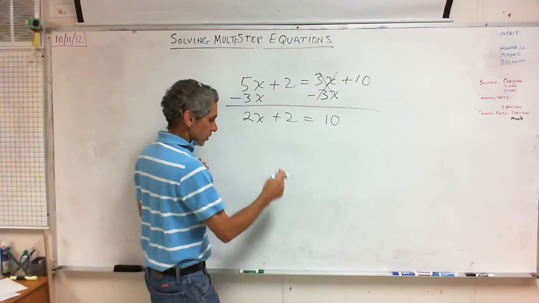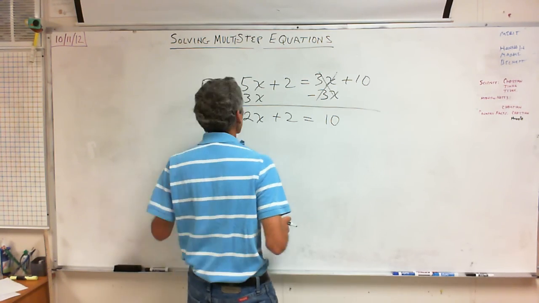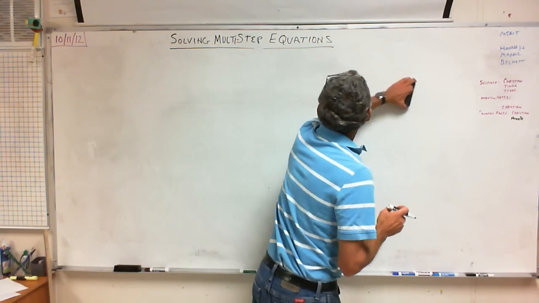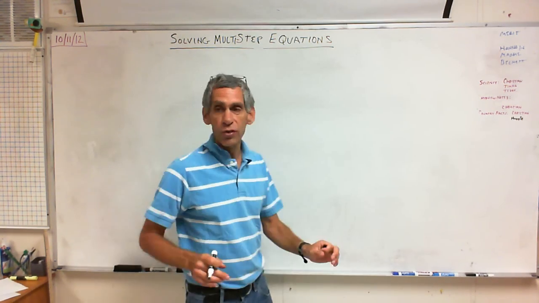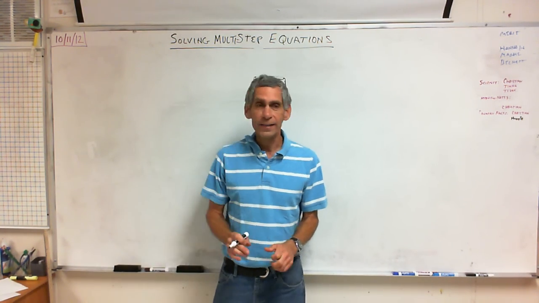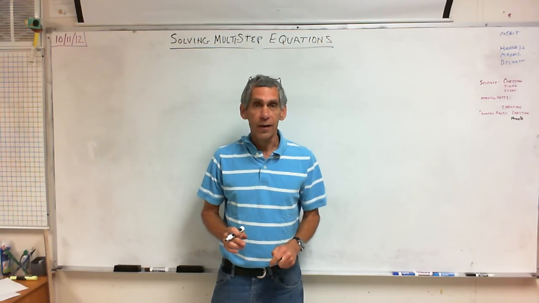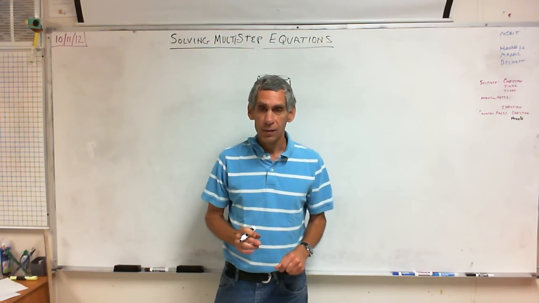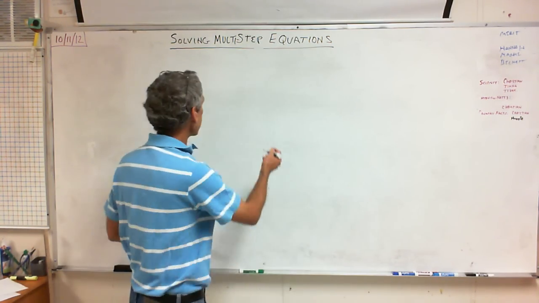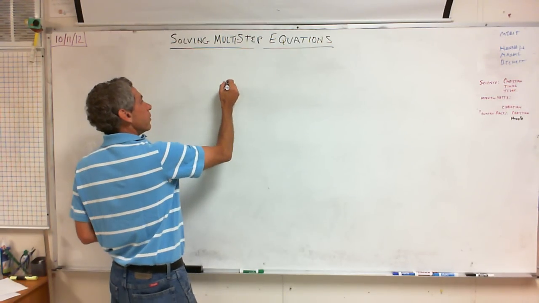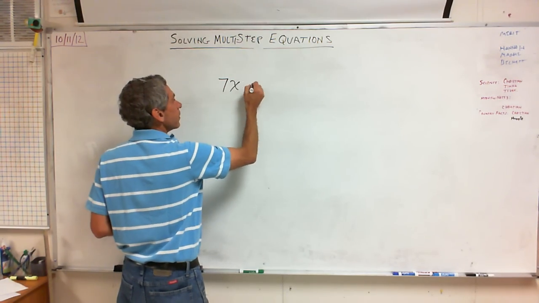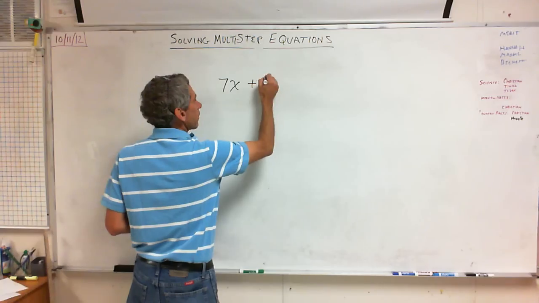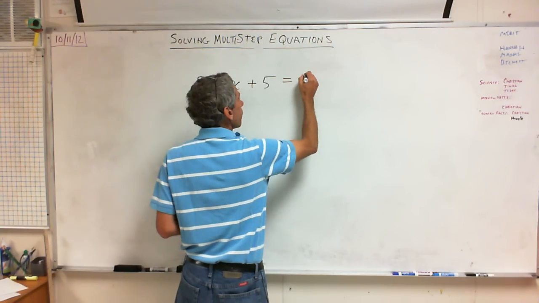Okay, cool. So, all right, here I'm going to give you a problem. Try one problem in your notebook. I'm going to give you 20 seconds, and then I'm going to start solving it on the board, because this is on videotape. Okay, here we go. 7x plus 5 is equal to 5x